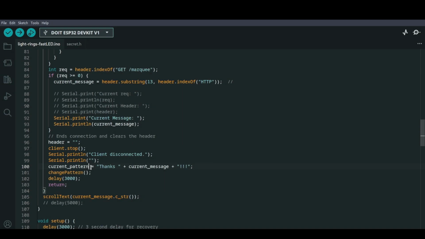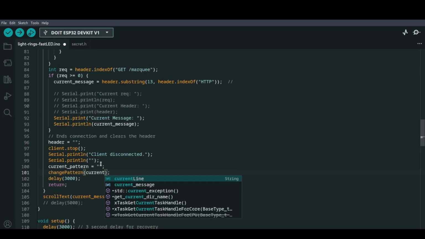And we can just have that set to an empty string for now. And we'll pass that in. Actually, let's do an int. So let's do change pattern 0 or current pattern.